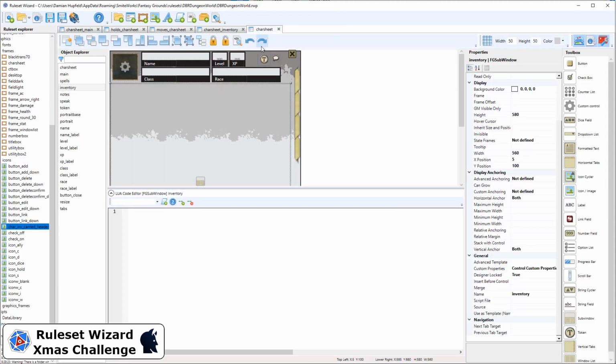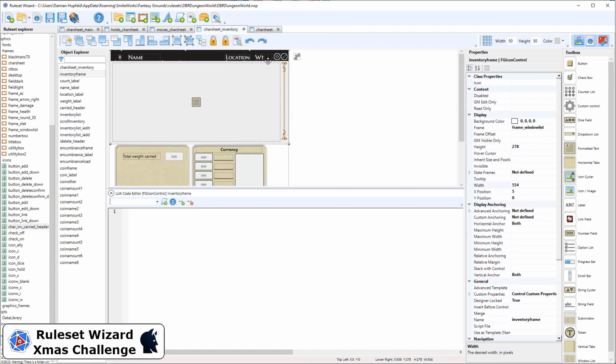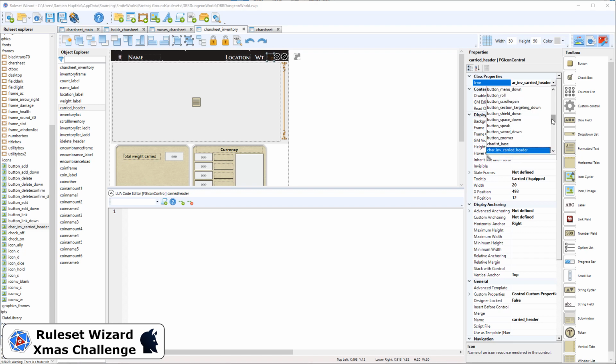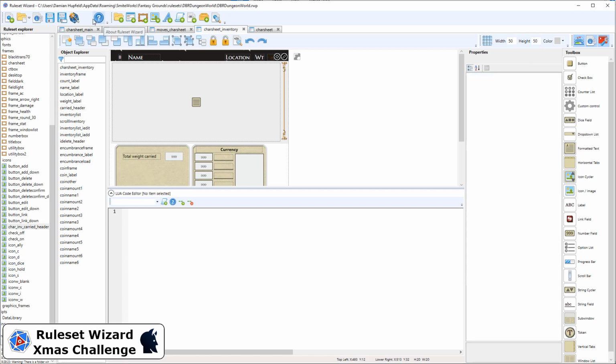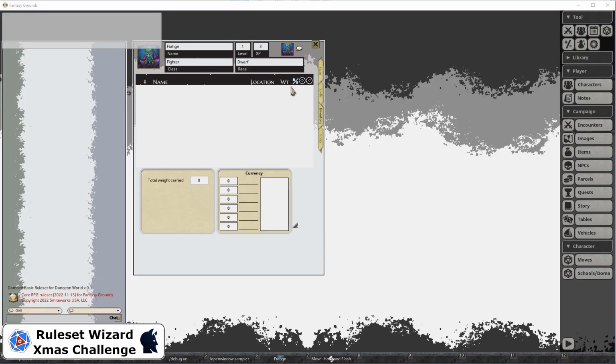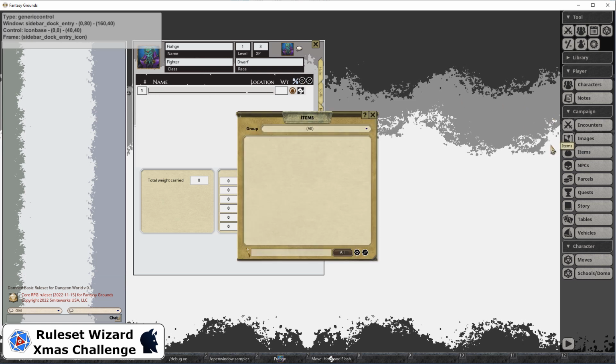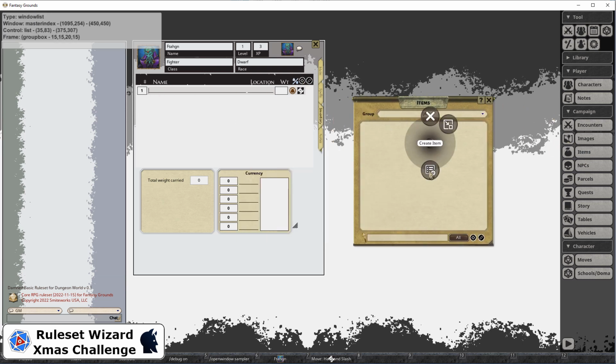close it down, and then we should be able to pick it from here and hopefully that will pick up the new white version. Okay, not real sharp, but it has worked. But I think also we might move all of these up just a fraction. We can add inventory items here. We should also be able to create an item over here, and